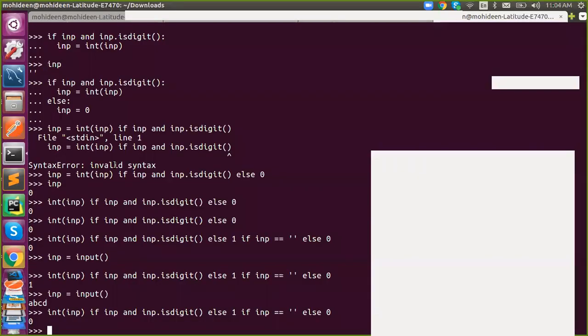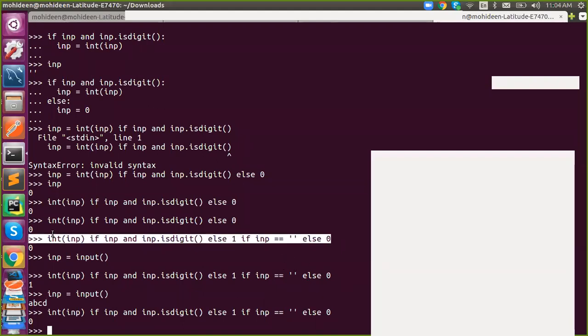First try this, I will give the expressions later. If the user input is ready for type conversion, then convert it into an integer. If the user says an empty string, or doesn't say anything, return 1. If the user gave text instead, just return 0. Just try to replicate this on your machine. Practice the same logic yourself.